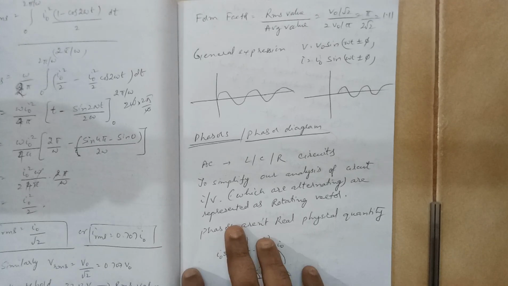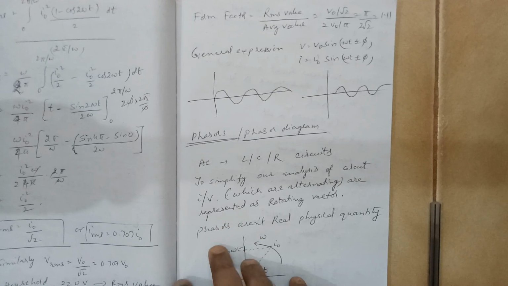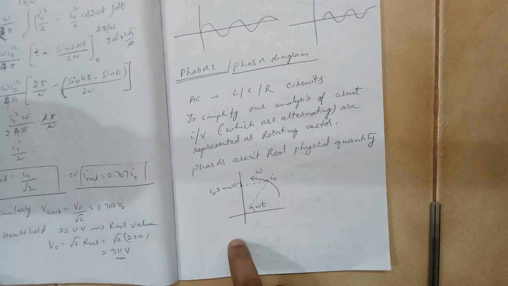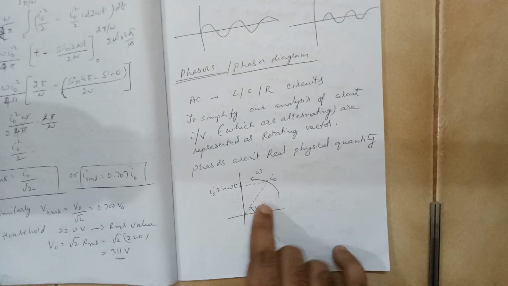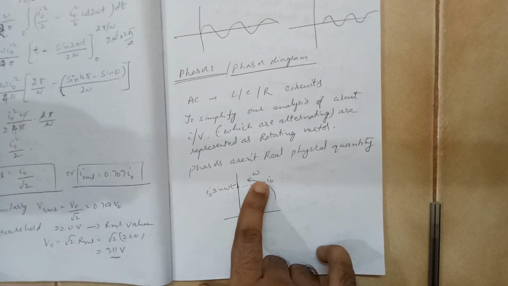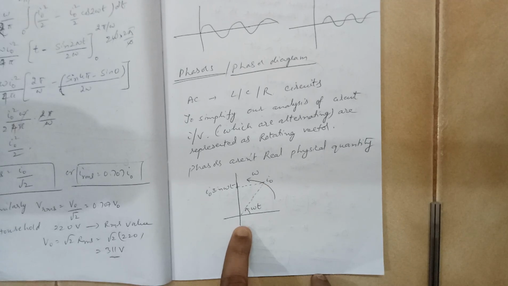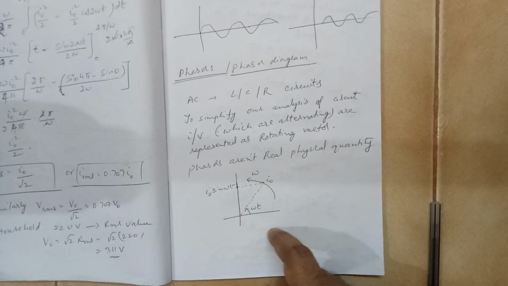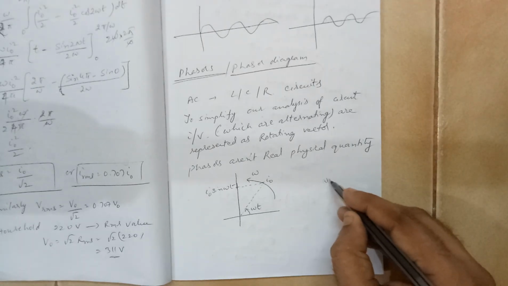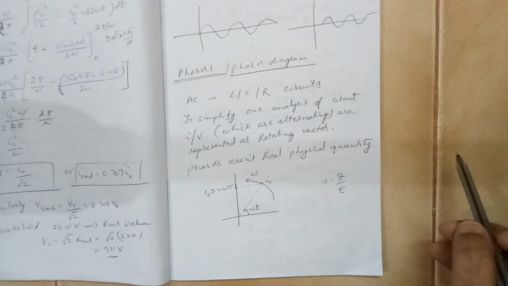Phasors are basically circular vectors, rotating vectors. Okay, they are represented like this. About phasors we will see again in later discussions, but basically if there is a vector, a rotating vector with angular speed omega, phasors are represented like this. So how much theta will it make? Omega is equal to theta by t, right? Omega is equal to angular displacement by time taken.